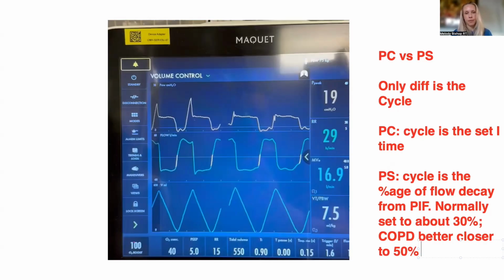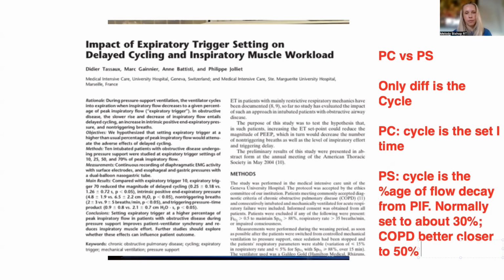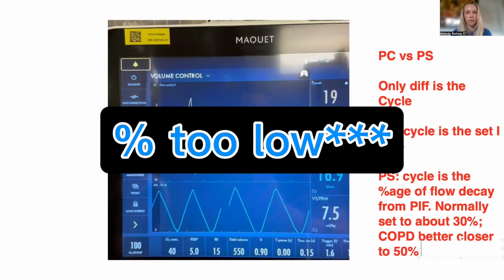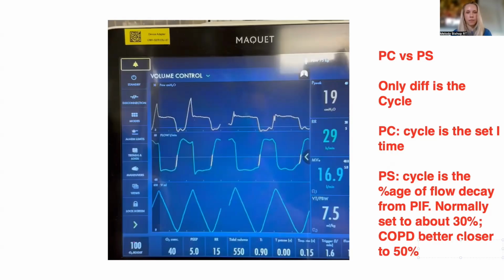So there are some small studies to suggest that patients with COPD do better with cycling percentages closer to 50%. Normally, and I put normal in air quotes because I don't know how it is with you or the Hamilton stuff, but if you pop the Servo over to pressure support, the cycle percentage is usually at 30%. And then if I see that they're trying to cycle the vent and the percent's too high, I'll go up on it. Like I'll go from 30 to 50 or whatever it is. If they want to breathe faster, or certainly if it's a patient with COPD or emphysema, I'll just go right to 50%.